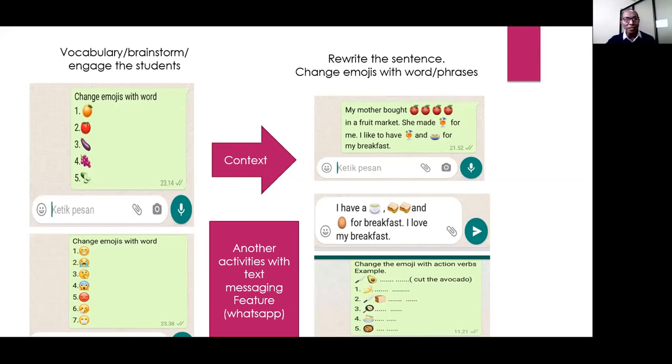So this is how we start with the vocabulary, but the next thing here is just a very simple activity: rewrite the sentence, change emoji with word. This is when we put the emoji in the context. So the context is also very important here. We have the vocabulary here, but make sure that we also have them in context to understand this vocabulary. So this is just a simple activity like rewrite the sentence, change emoji with word or phrase, for example,